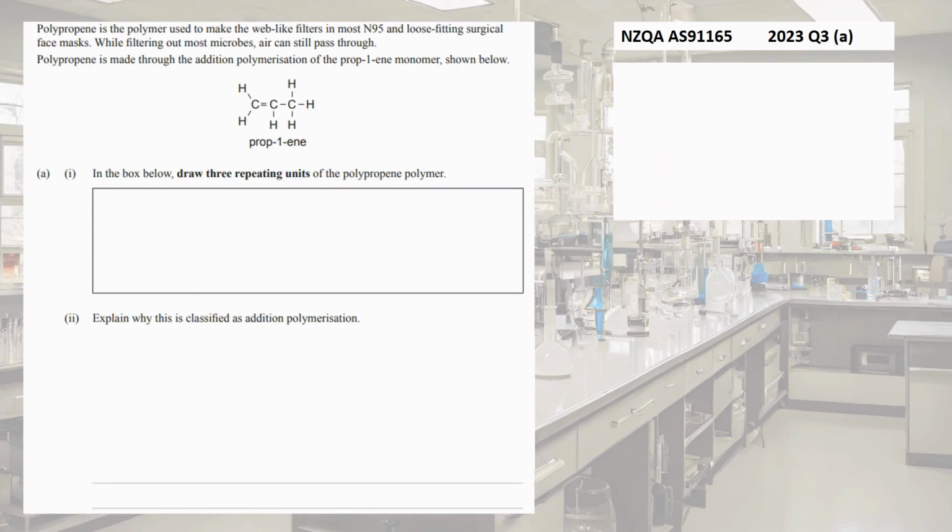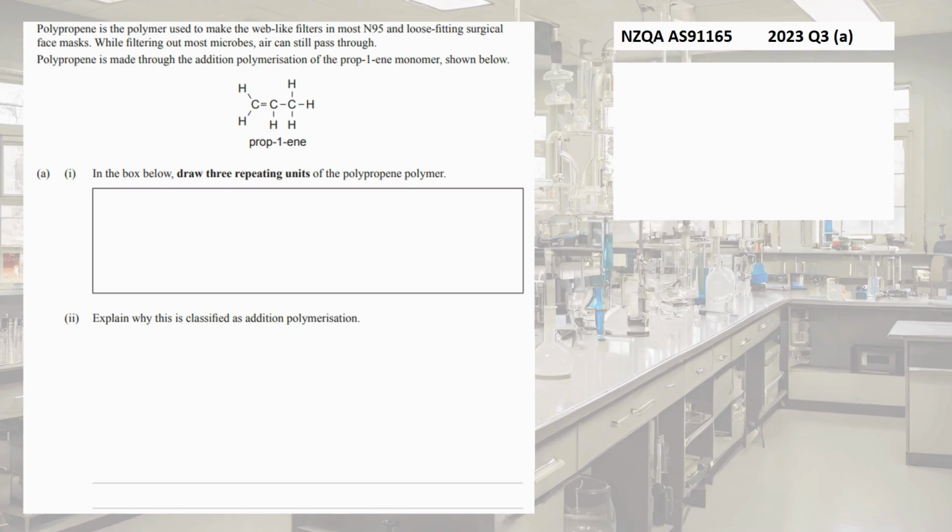Okay, 2023 paper. So this is like 2021. It's a longer question, has 3 parts to it. The first part is, well, let's read this. Polypropylene is a polymer used to make the web-like filters in most N95 and loose fitting surgical face masks. While filtering out most of the microbes,